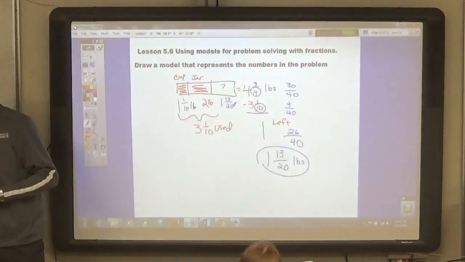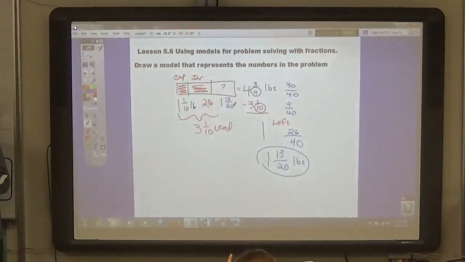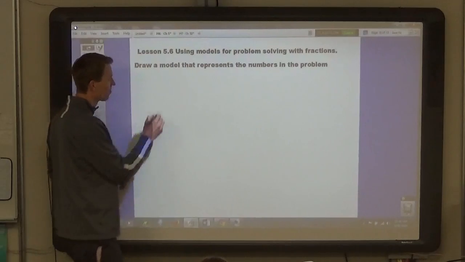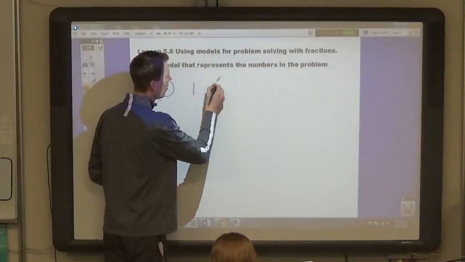The last one, number 8. Thelma decides to go to the pet store to buy dog toys and dog food. After spending 1/6 of her weekly allowance on dog toys and 1/3 on dog food, she has $9.50 left. What is her weekly allowance? Let's draw this up. So, if this is her weekly allowance,